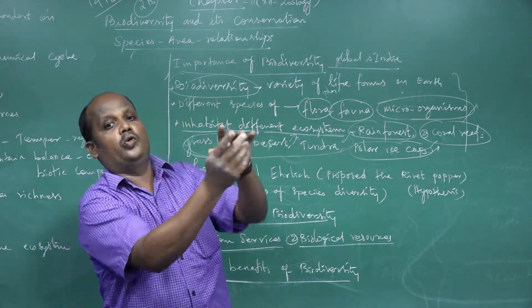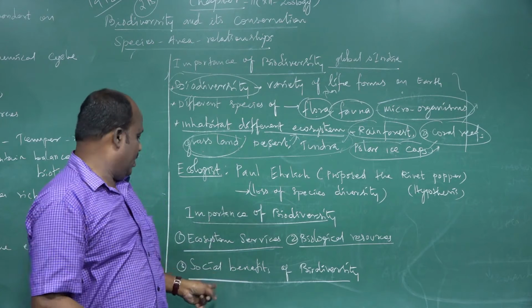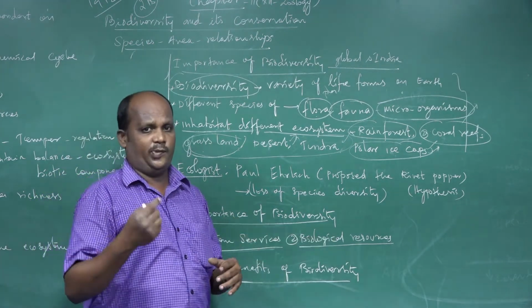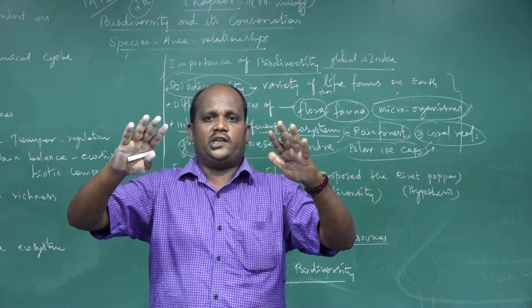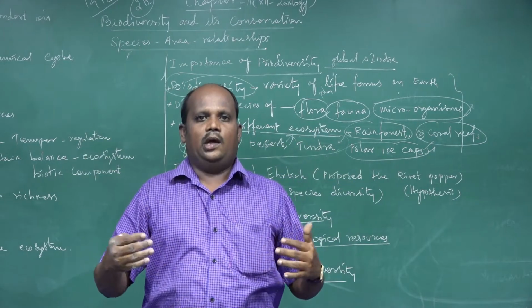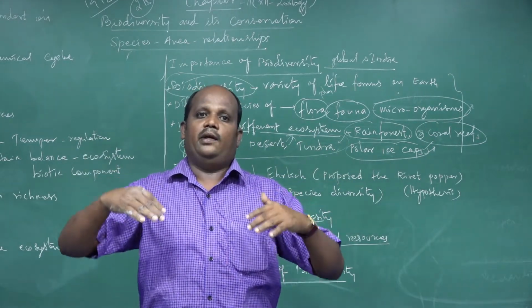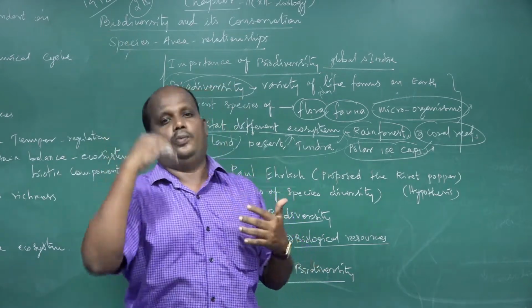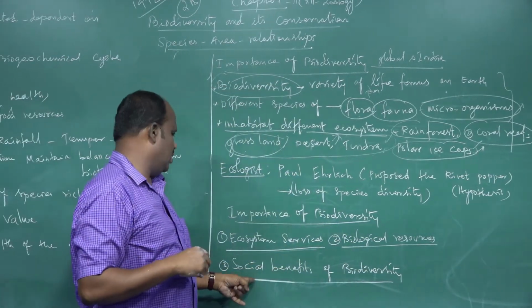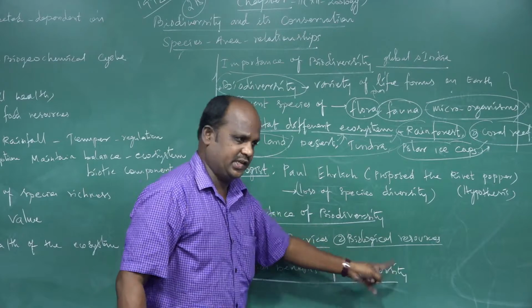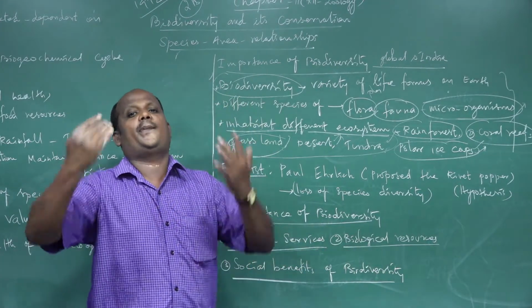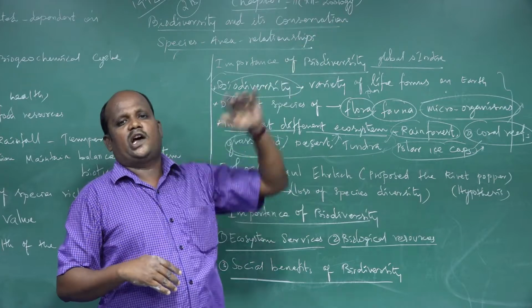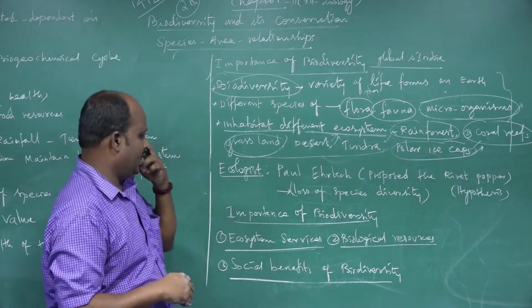So that should be improved, because we should preserve the social benefit of biodiversity. Social means the biodiversity is well built in our countries. Then the population's lifestyle will change and our body immune system can improve. That is the importance, the social benefits of biodiversity. When biodiversity is well, human populations are well, animal populations are well, and plant populations are well. That is important. Next one is